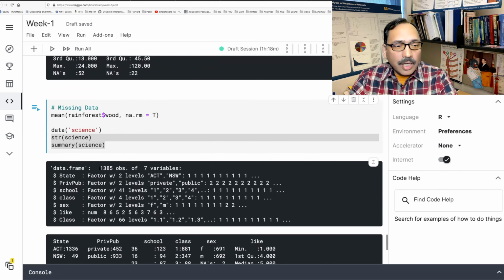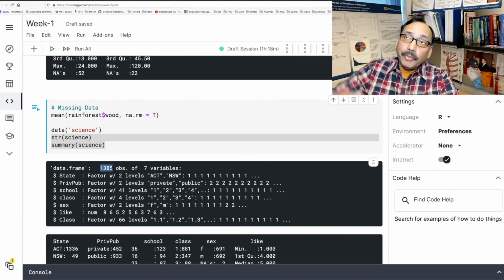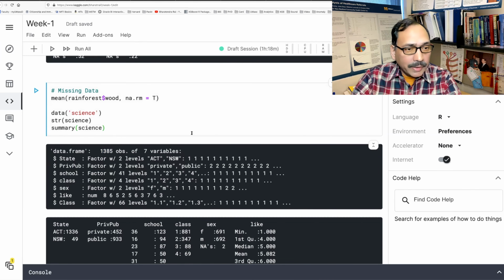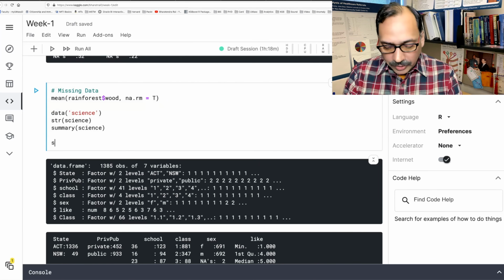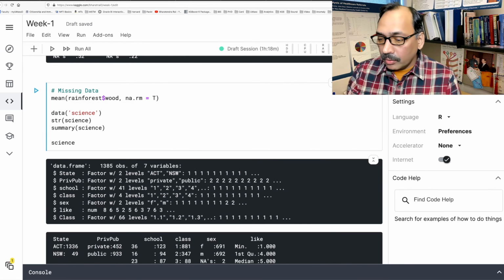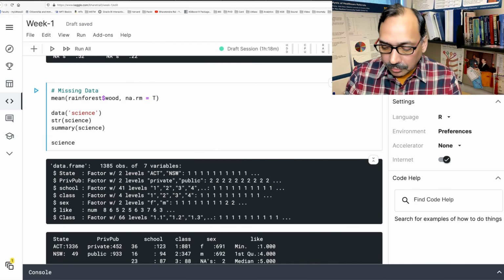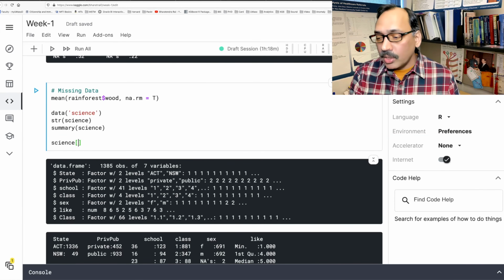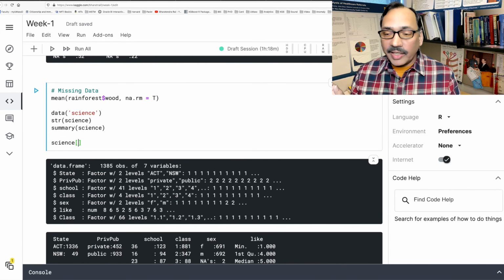But there are 1,385 observations. So we have a lot of rows. Now, if you have to find where that missing value is, it is going to take some time. But there is an easy way to deal with that. What you can do is when you type science, which is the data set, and then we say square bracket. So because science is a data frame with rows and columns, with square bracket, we can specify which rows and which columns.